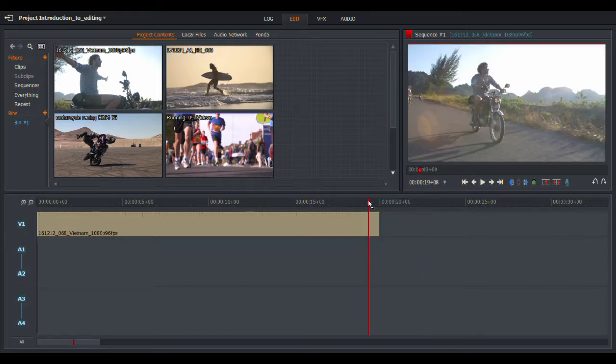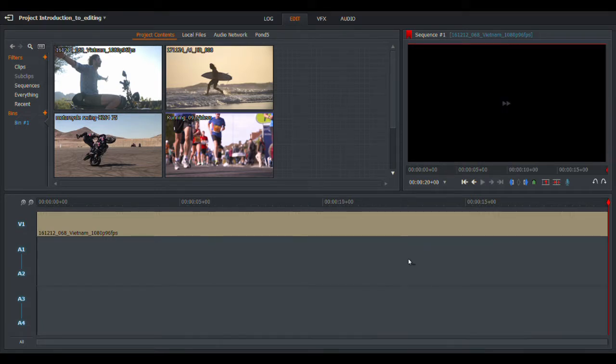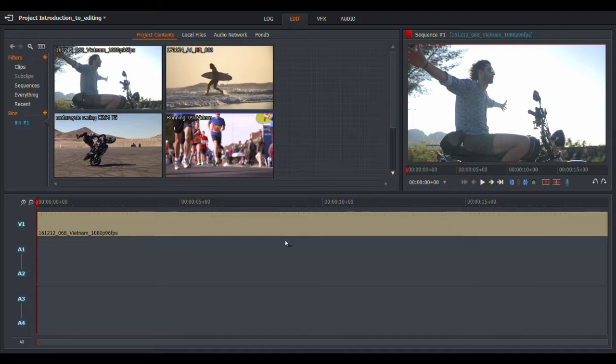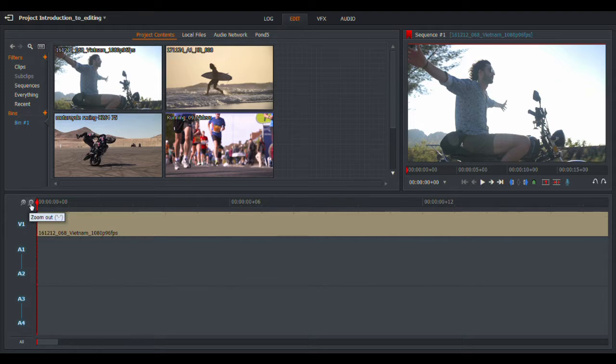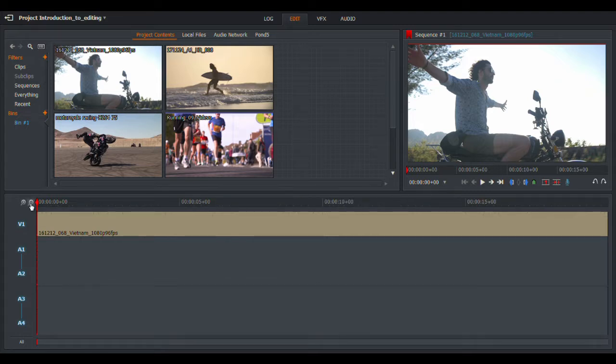Okay, so we don't want that. We want to right click and close the gap. There we go. Now we have the clip all in the timeline. We can zoom in and out, so I can make it bigger or I can make it smaller, and that's